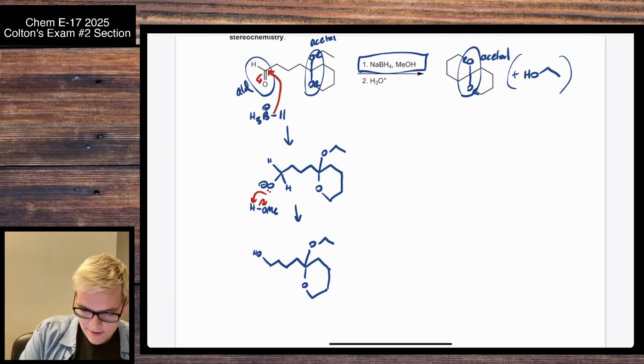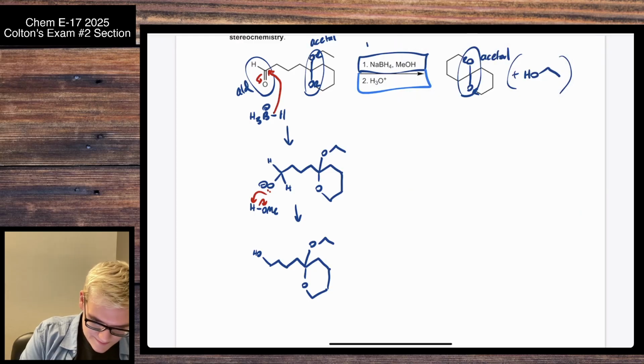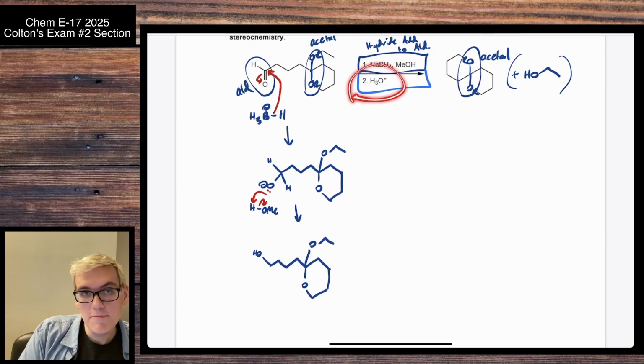And then step two, I'm going to do in a lighter blue. Maybe I'll also just label this as hydride addition to aldehyde. And this is the interesting thing. So what we would expect